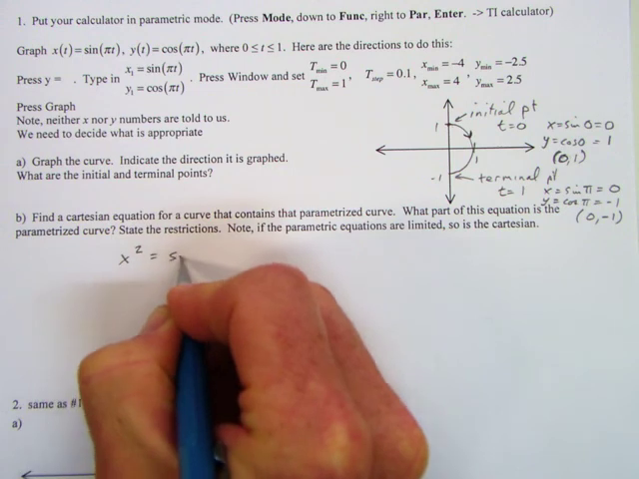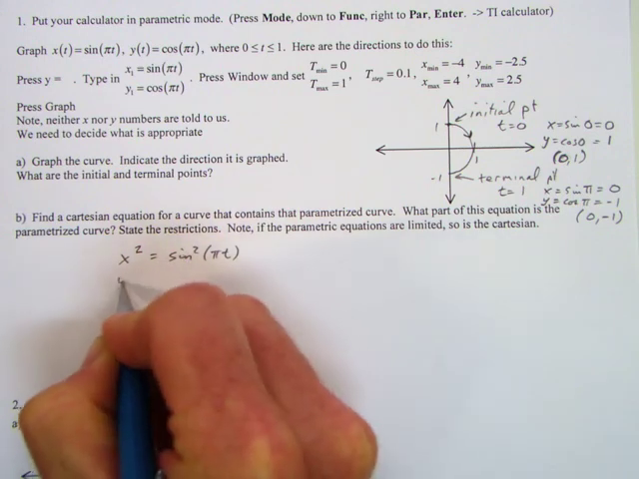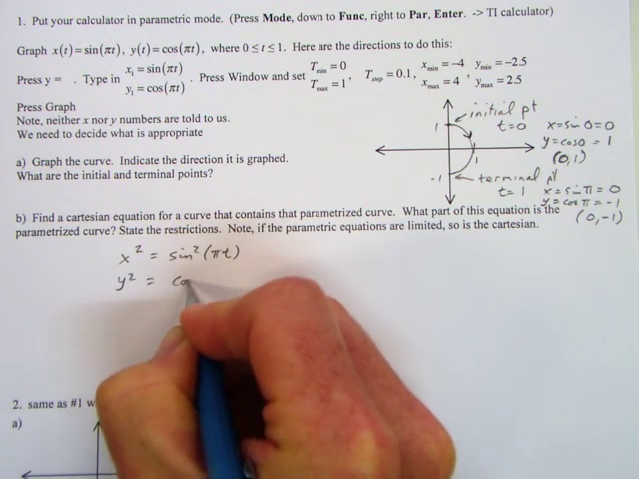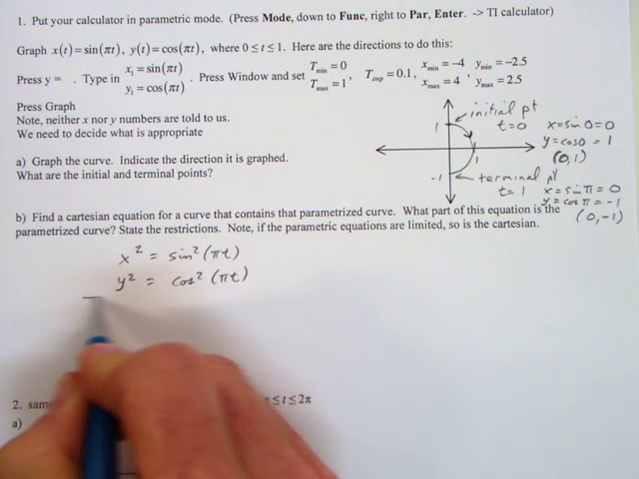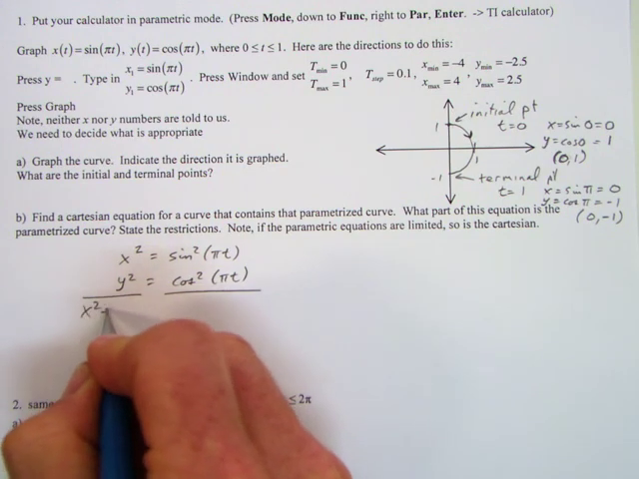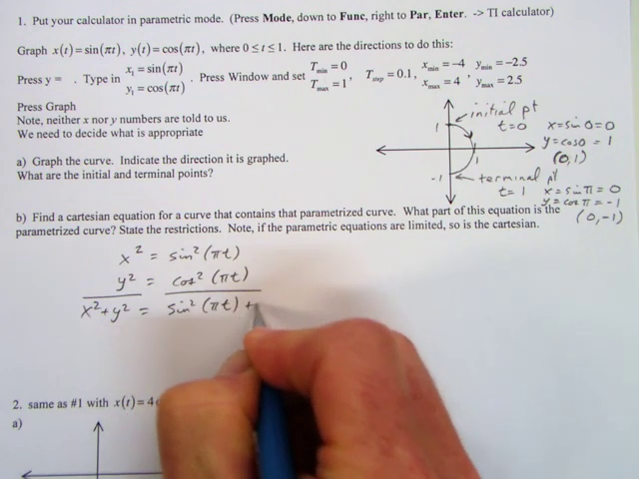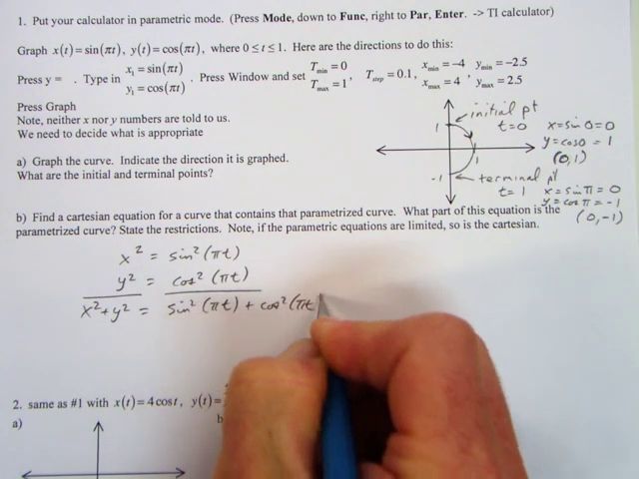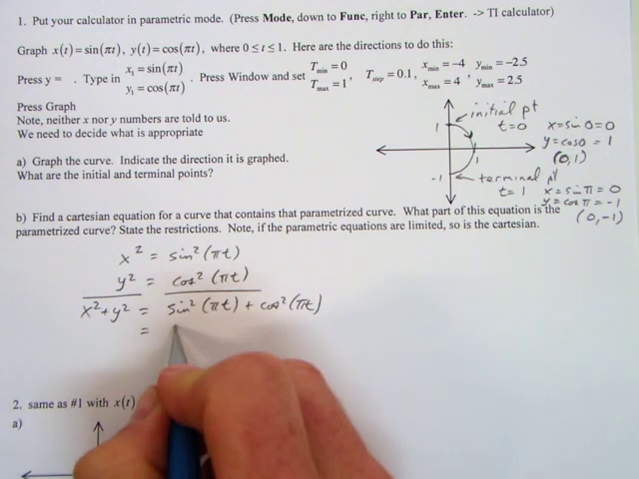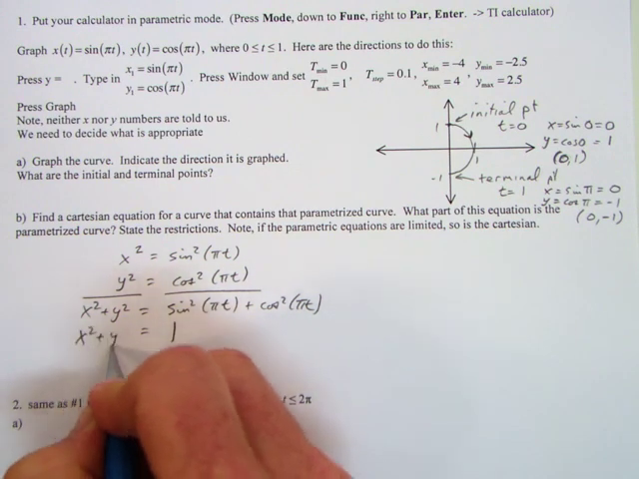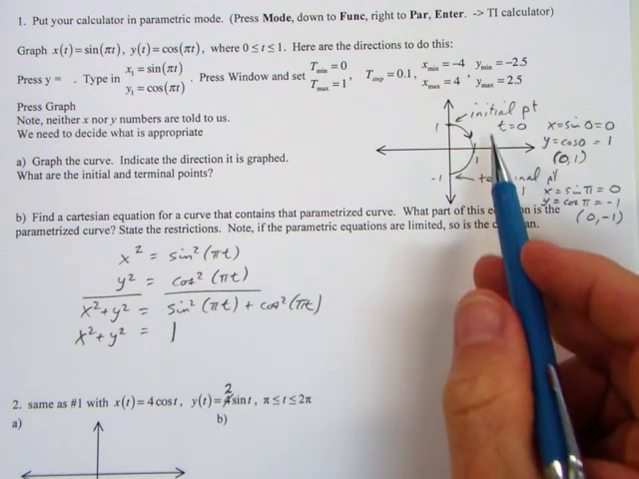x squared will equal sine squared of pi t. y squared equals cosine squared of pi t. If we add these two together, we get x squared plus y squared equals sine squared pi t plus cosine squared pi t. And we know sine squared plus cosine squared of an angle theta is 1. So this equation is actually x squared plus y squared equals 1, but we know it's not the whole circle,